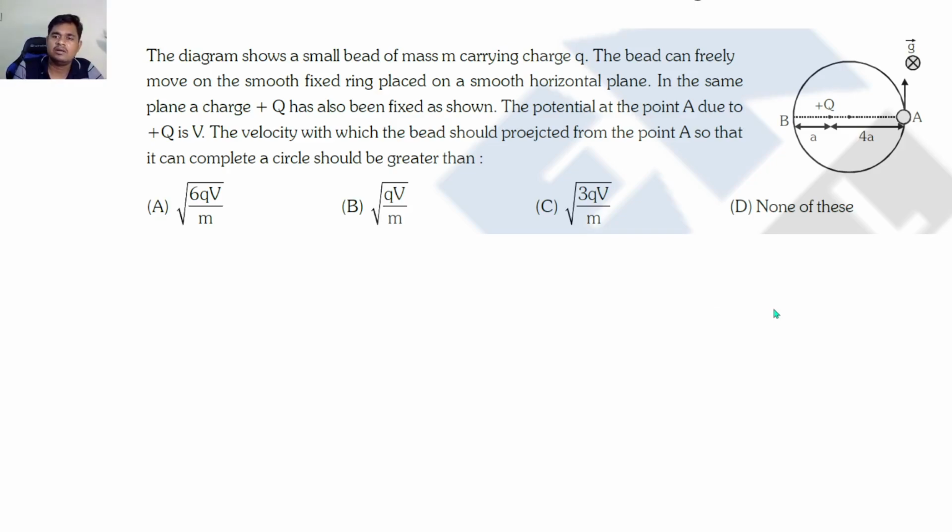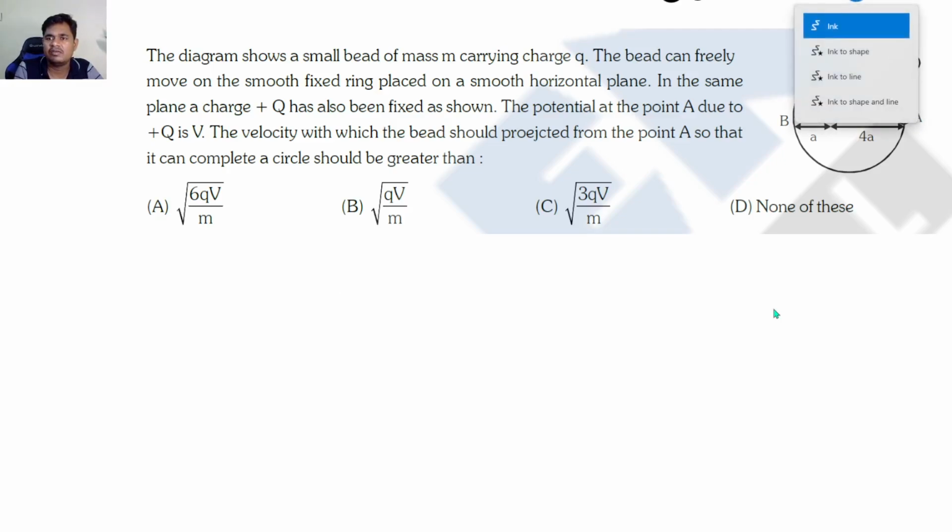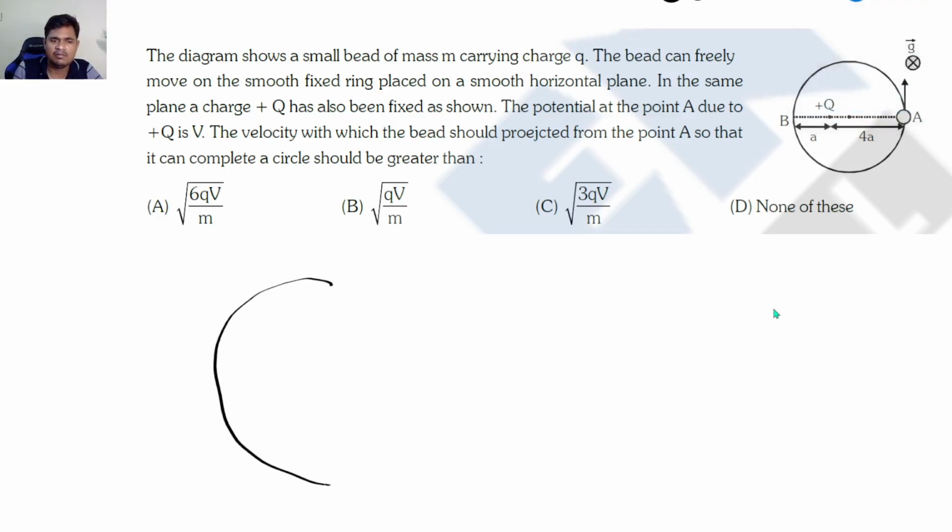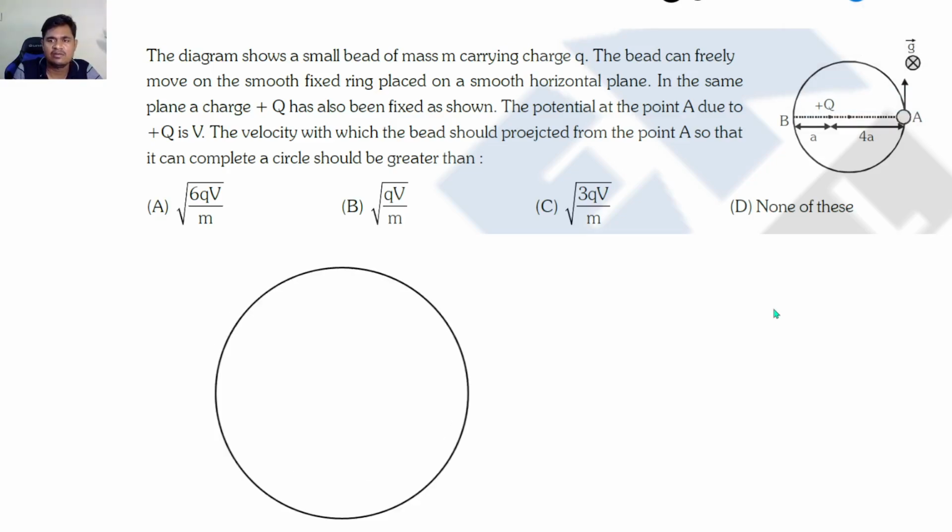So if we look at this problem, first of all we will try to use the information that is given. I will draw a circle here first. So this is our circle, and this is the diameter of the circle. There is a charge here, plus q, which is at a distance a from this side, and on the other side the distance is 4a. Because of this charge, the potential here is V,